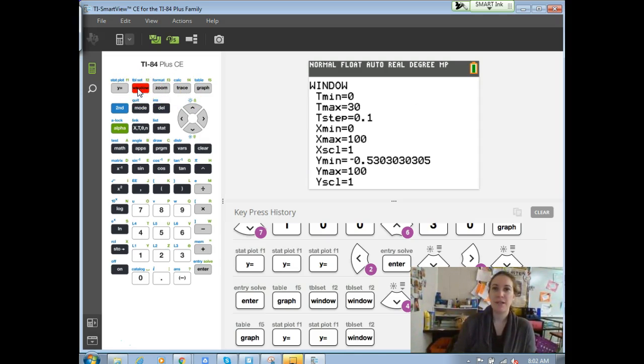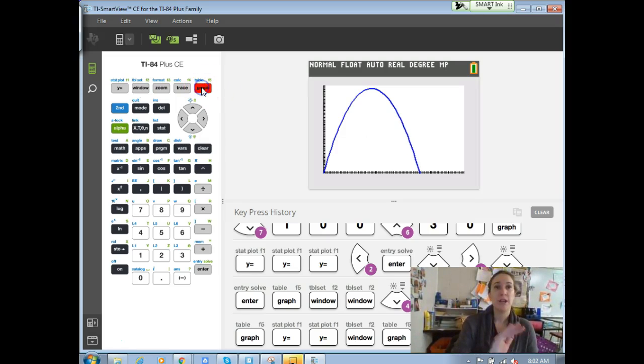And T represents time, and we're launching a rocket, so I was a little generous with some of my window extremes. I went from 0 to 30 for time. For horizontal position, again, it's a rocket, so I went to 100. And then same thing for the height position function, I went to 100 for that as well. So when I hit graph,